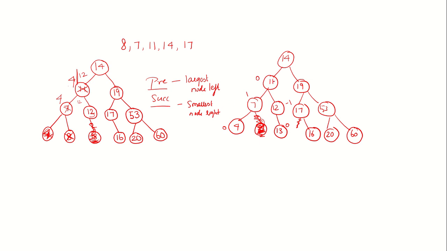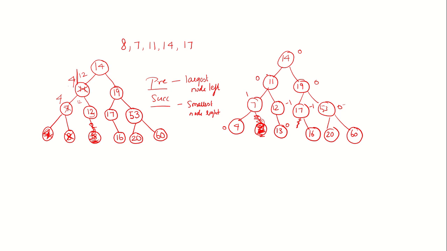Okay, so this will be 3, the height of the tree. 1, 2, 3. 3 minus 1, 2, 3. So this will be 0. Okay, so this will be minus 1. Hope you know how to calculate the balance factor of the AVL tree. If you have a doubt, I have already put one video on AVL tree, so kindly go through that video to check how to calculate the balance factor. So this will be 0. This will be 2 minus 2. This will be 0. So you can see all the tree is balanced.